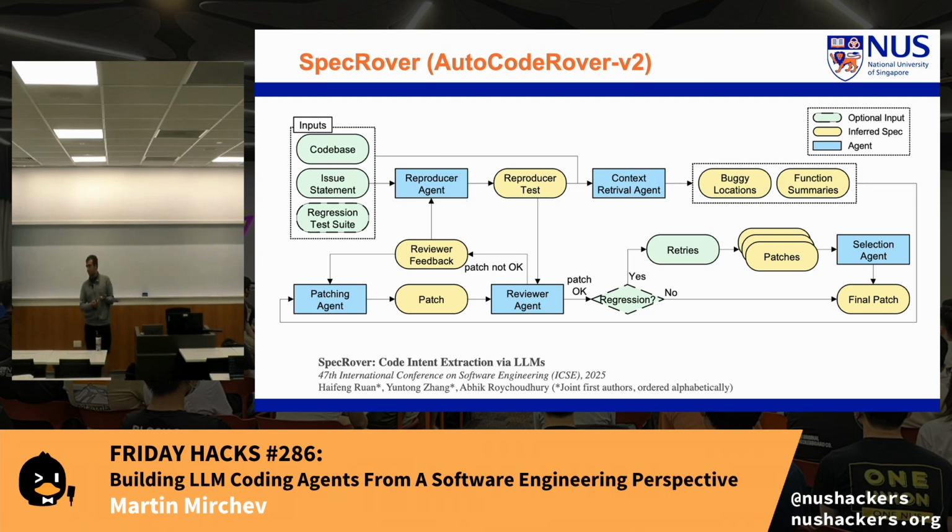So now we have two sources of stochastic behavior. So we have a patch, which may be correct, may not be correct. We have a test which may be correct, may not be correct. So now I have 4 different possibilities, but we have to be able to locate it. So the way we solved this problem was really having a reviewer agent that observes the execution of the test, analyzes the outputs, and is able to say, yes, for this issue description, the patch is correct, the test is wrong though, we have to modify the test.